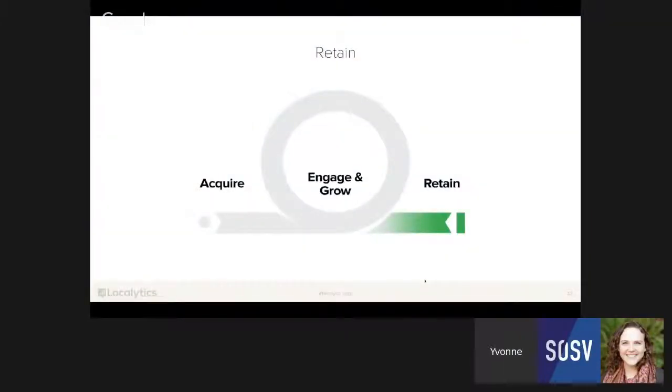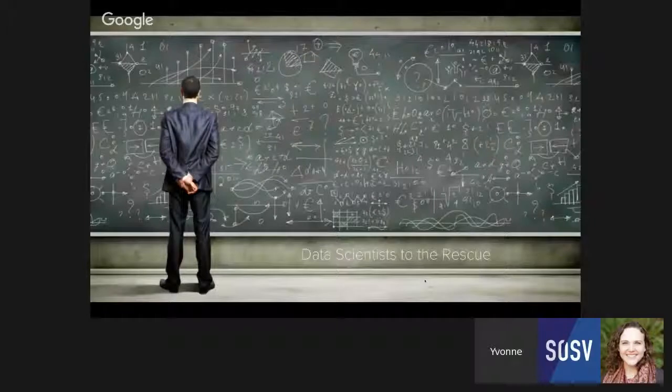And this particularly addresses that retention phase of the life cycle. So the whole reason why we developed this idea of predictive app marketing was because of the problem that we saw in the data world, which was that over the last couple of years, everyone has talked about big data and how big data is this huge thing and how it's going to deliver all this awesome stuff in terms of machine learning and predictions and all these crazy formulas.